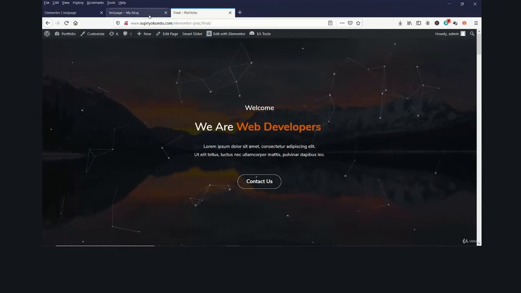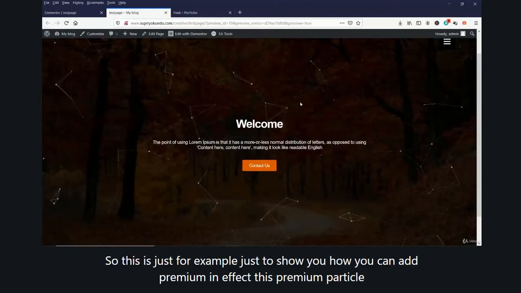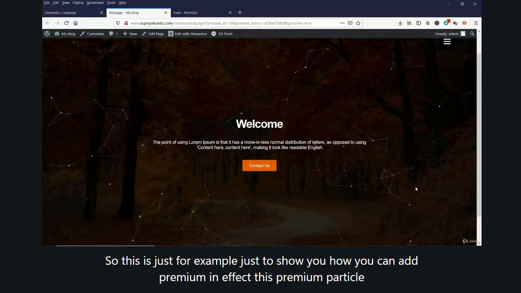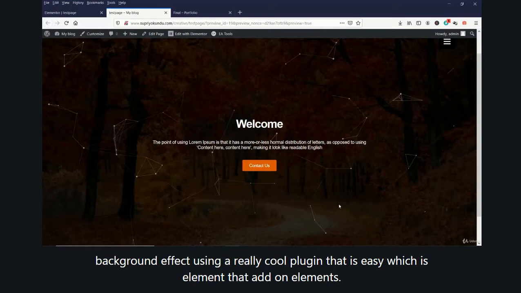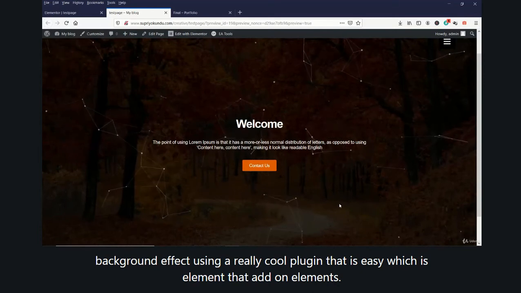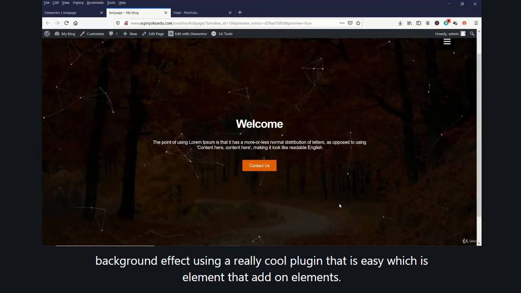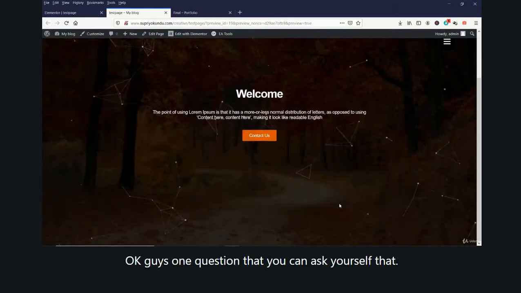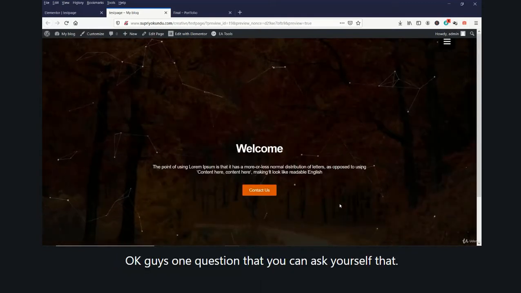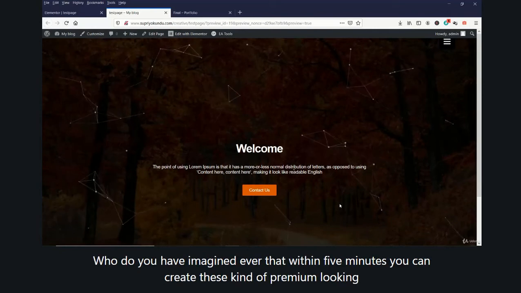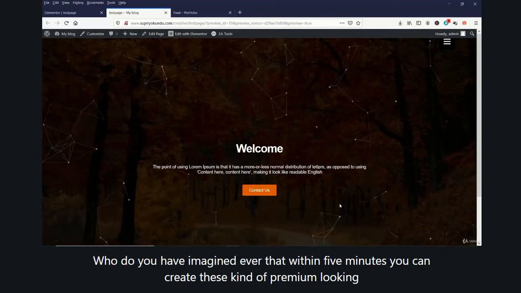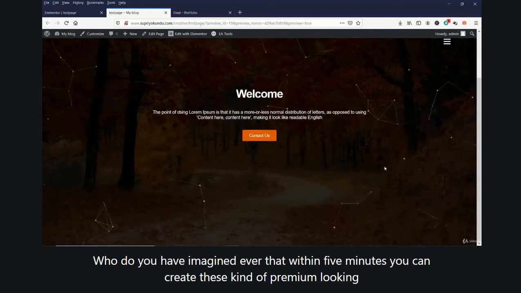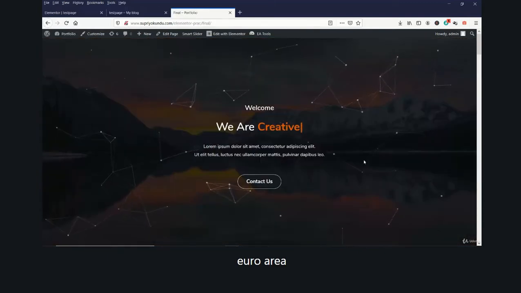This is just to show you how you can add a premium particle background effect using a really cool plugin, EAE, which is Elementor Addon Elements. One question you can ask yourself: could you have imagined ever that within 5 minutes you can create this kind of premium looking hero area?